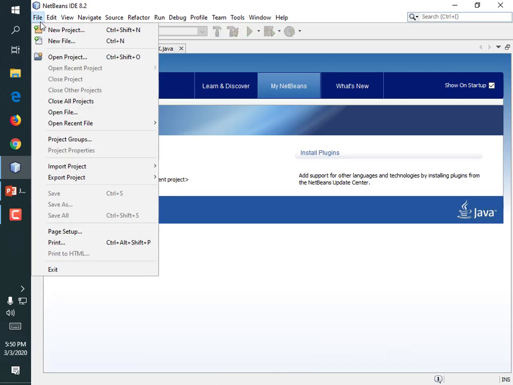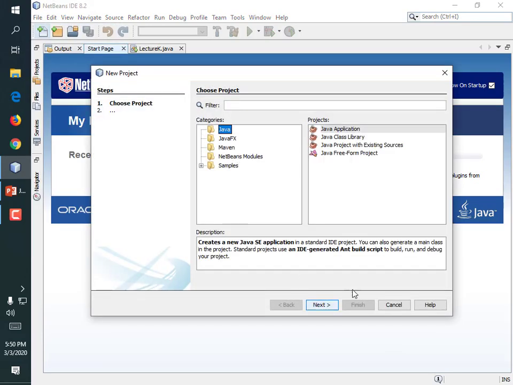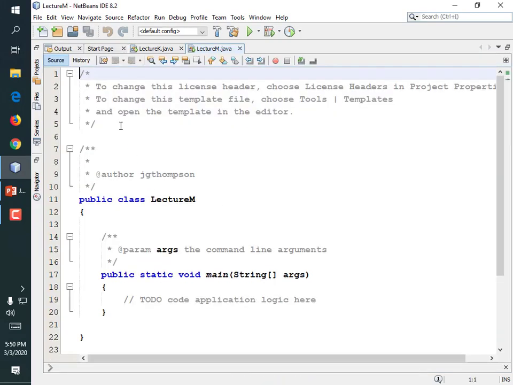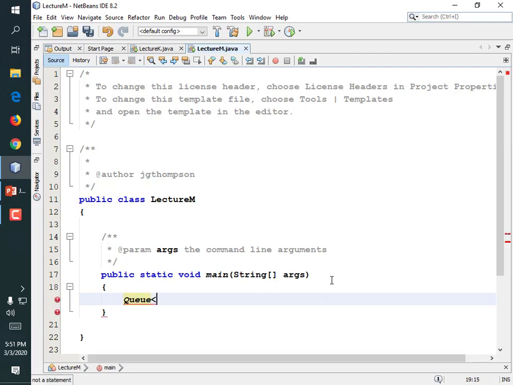So we're on lecture M, I believe. Get rid of the package declaration, but please create the main class. I made that mistake last time. All right, so here I'm just going to create a queue. So queue, make it a queue of strings. Queue equals new queue,